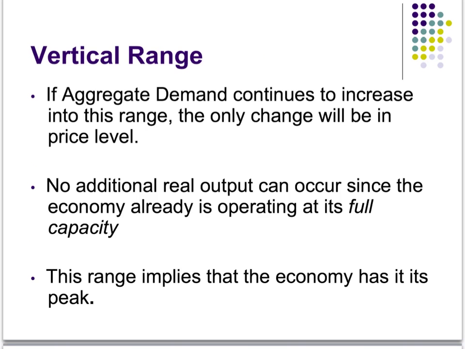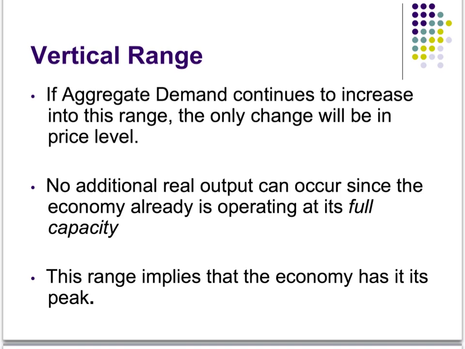Finally, the vertical range. Aggregate demand continues to increase into this range. The only change will be in price level. No additional output can occur since the economy is already operating at its full capacity and above full capacity. So this range implies that the economy has hit its peak and is only seeing rises in the price level, or rises in inflation, which is something that the government will eventually have to fix